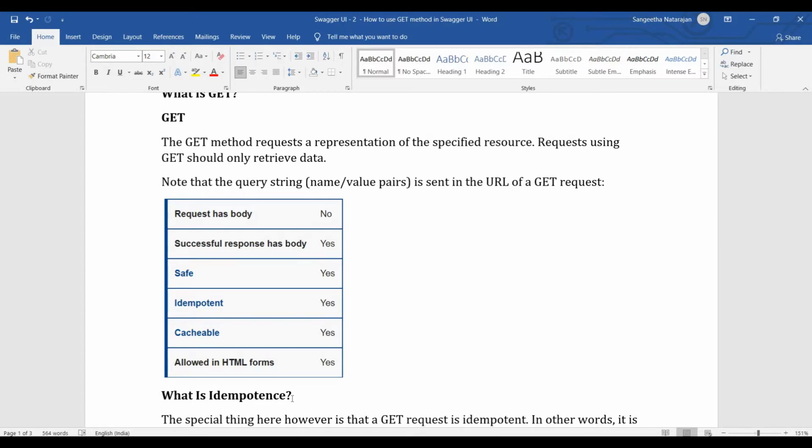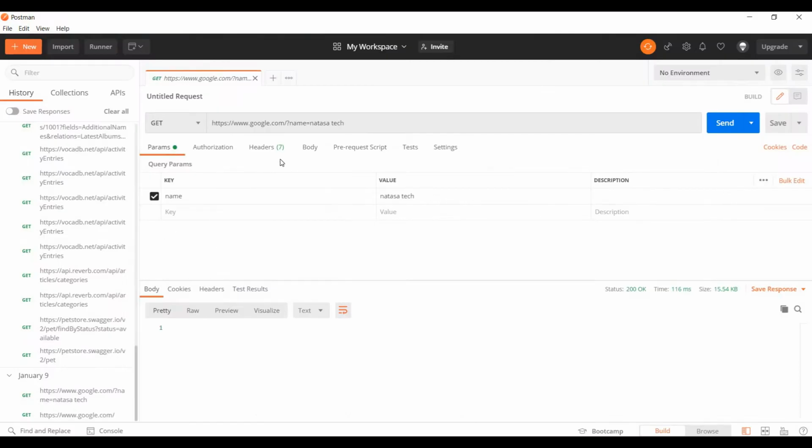There we can pass the parameter. Whatever parameters you pass in the get URL, based on that, all the details will be fetched and given to you. Here there are some important notes we have to remember. The get method does not have any request body. Yes, we are not passing any request body. I will show you here: this body, we have not given any body. That is the meaning of this.